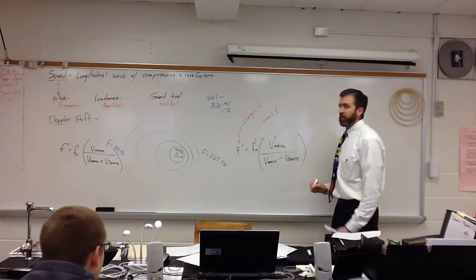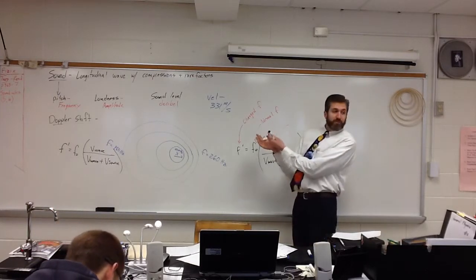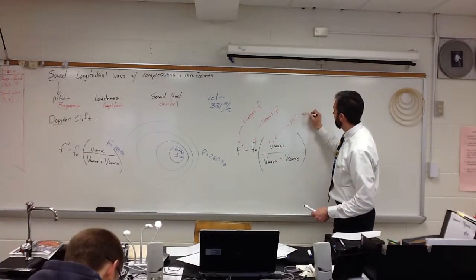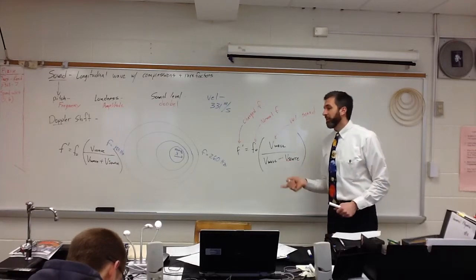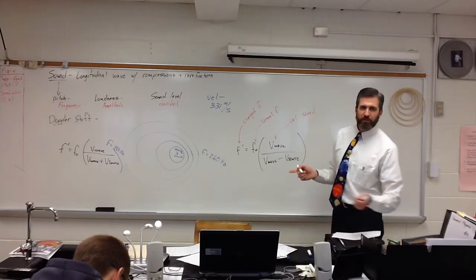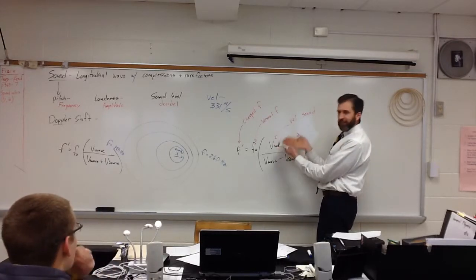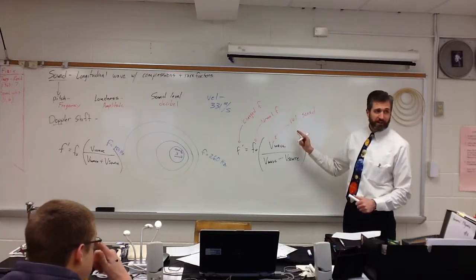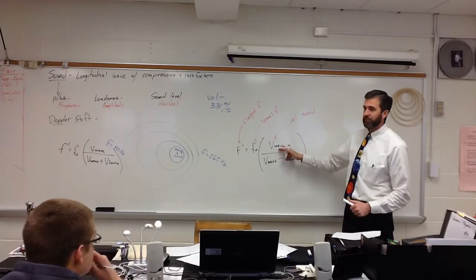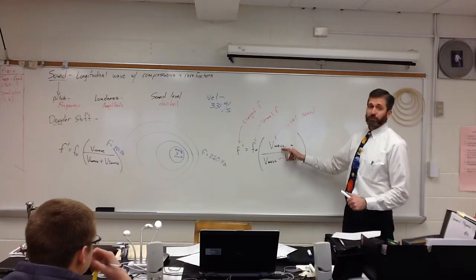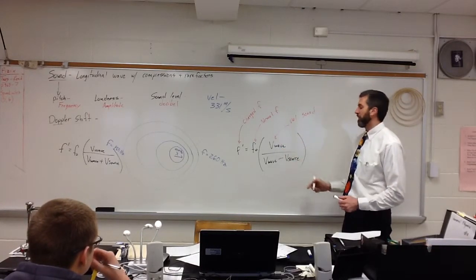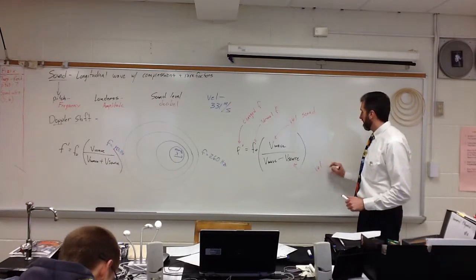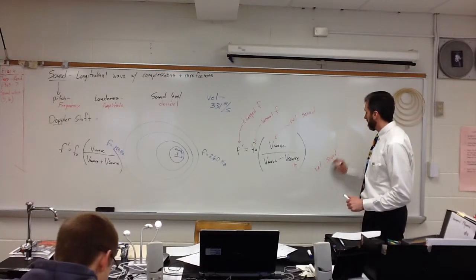What's v wave? Well, for our specific example, we're talking about a sound wave, so we're talking about the velocity of sound. Later on, if we talk about a light example, because you can do the Doppler shift with light, then that number would be the speed of light instead of sound. You get how that works? And remember, sound is affected by the temperature outside, so sometimes you have to calculate some information to get the right answer, because if it's really hot or really cold out, it's going to change the speed of the wave. This is how fast the sound is moving.